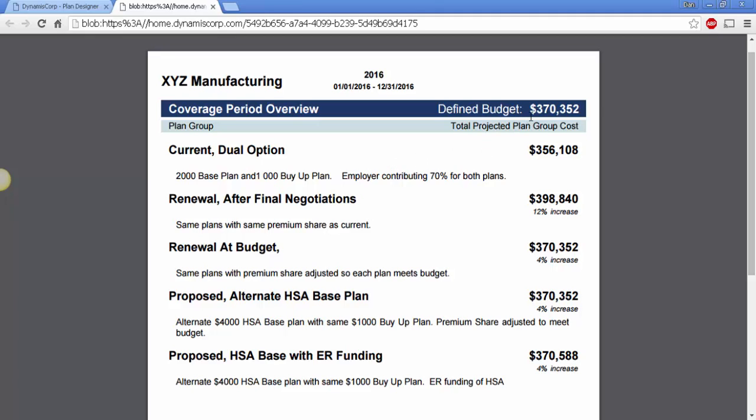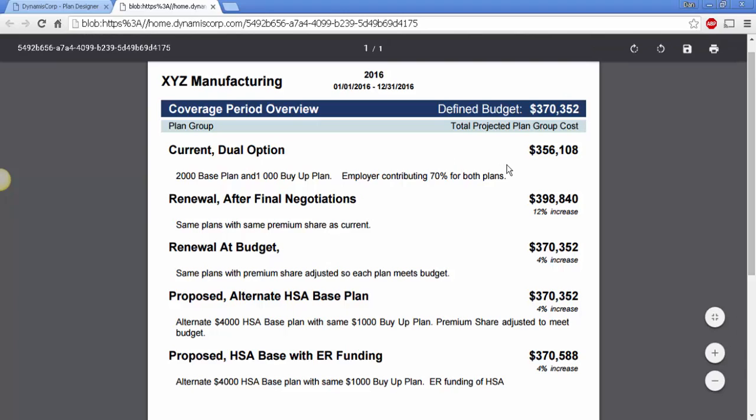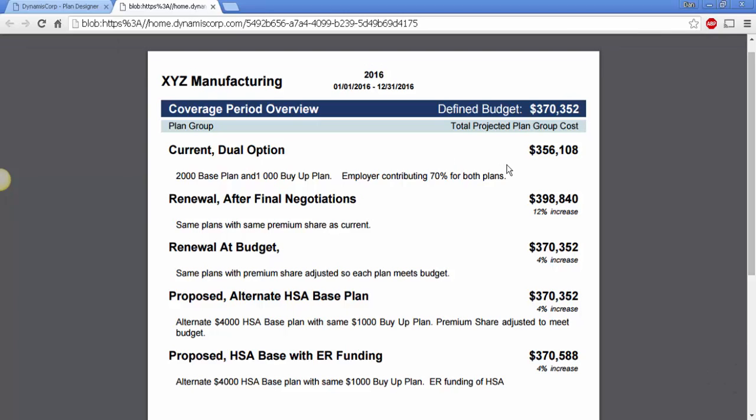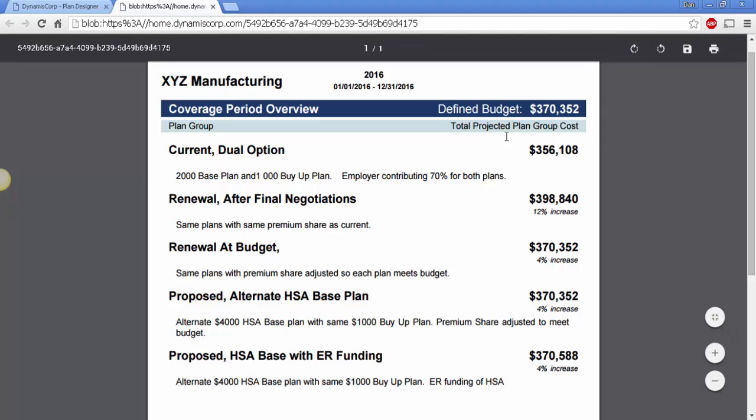You know, in our conversation, you said you really had a budget goal of 4% over where your current cost is. So that's what we're using as your budget. Now, we can always make changes to that and adapt it on the fly. That's the whole idea of being able to use this real-time system. But as a starting point, we're going to use that budget assumption that we were given. So the first thing we'll look at is your current dual option. We've got the 2,000 base plan, the 1,000 buy-up, you're contributing 70%, and on the enrollment we're using,